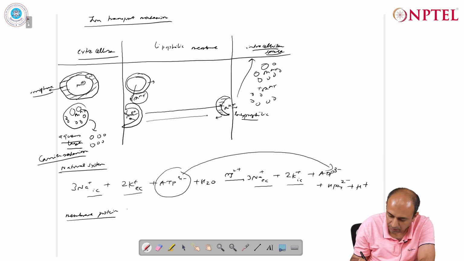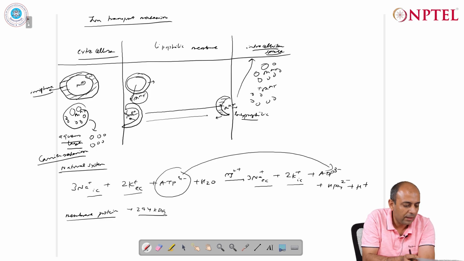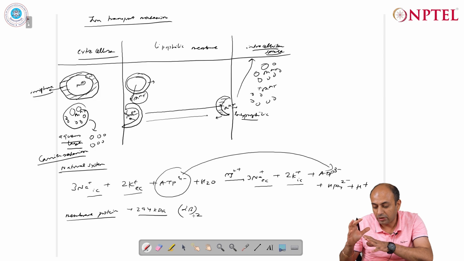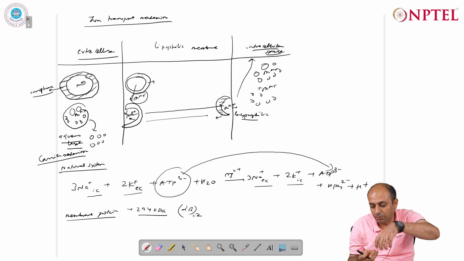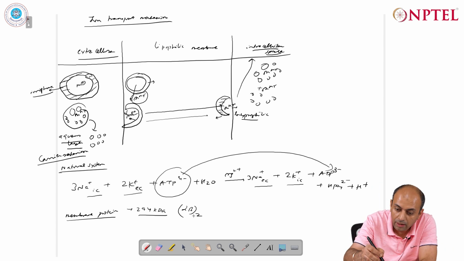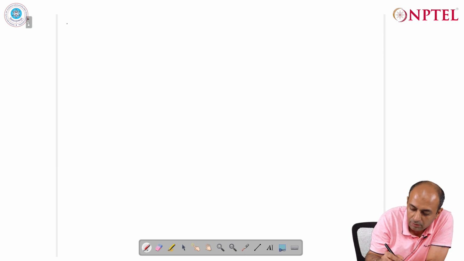This membrane protein has a molecular weight of 294 kilodalton, and the active site actually consists of 2 peptides which we call alpha and beta, and overall this alpha beta dimer makes up the active site. If you look at the structure, this enzyme facilitates the transportation of the potassium ion, and this transport process has also been explained overall